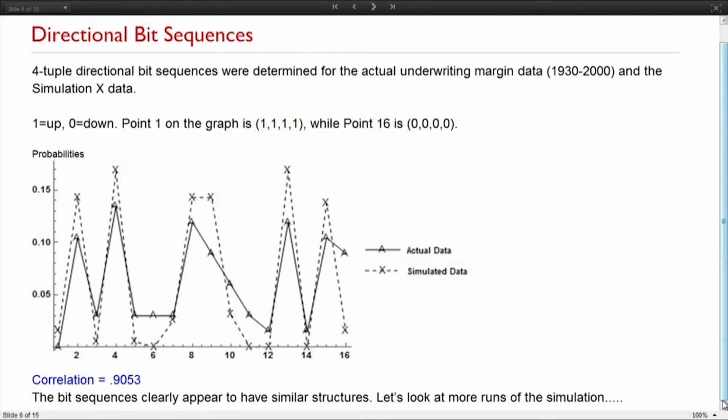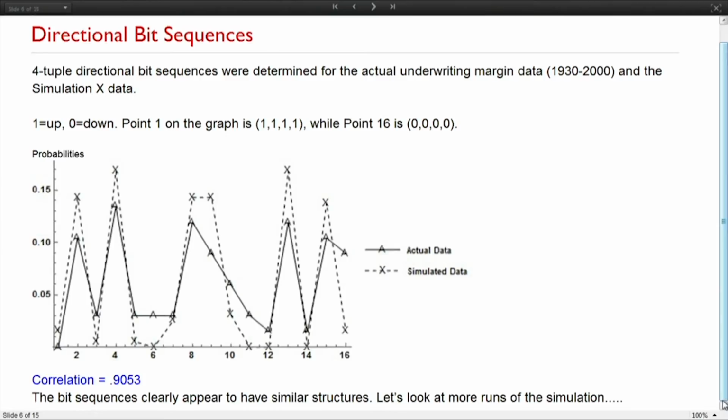And you can see correlation, 0.9. And so now I'm saying they have similar structures here. The actual data and the simulated data have a similar structure with regards to the direction of their movement, which is important because I never mentioned when you looked at the simulated